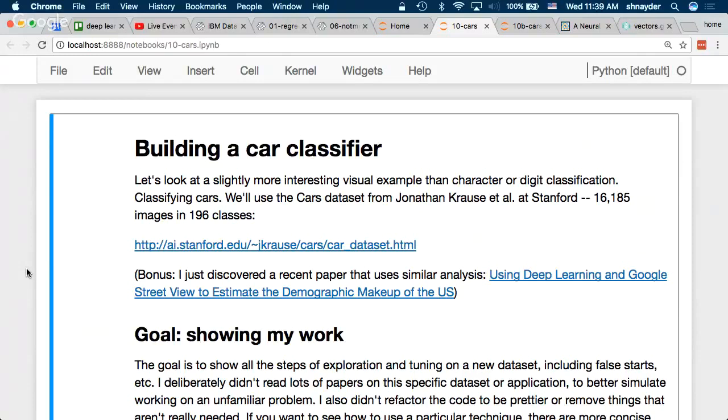It kind of was a funny thing. A couple of months ago, I found this paper that basically did that, using Google Street View images to figure out what kind of cars are on the streets in different places, and then correlated that to various demographic factors like socioeconomic status, race, and things like political leanings.